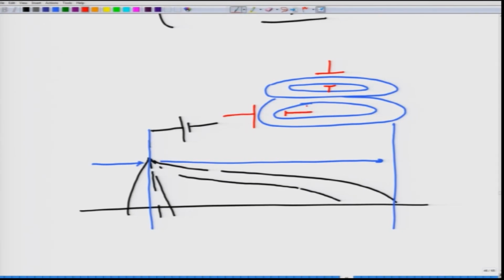Do not worry about which side I put positive or negative, it does not matter. But while the voltage is dropping like this, if I had to put a voltage graph, across this membrane it maintains a potential gradient,